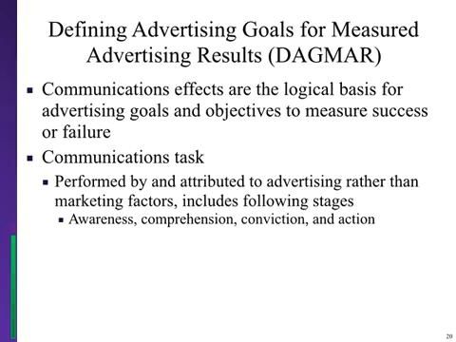So I'm not going to go into a lot of detail on this, but the Dagmar model is laid out in our book, both the original model and the revised, or Model 2, I think they call it. But the goal of this model was to really give a way to measure how effective advertising is, and sure, it's challenging to do, but the really neat thing about this model is that it was developed to help companies set advertising objectives and then ultimately measure the results of their campaigns. And it follows this,